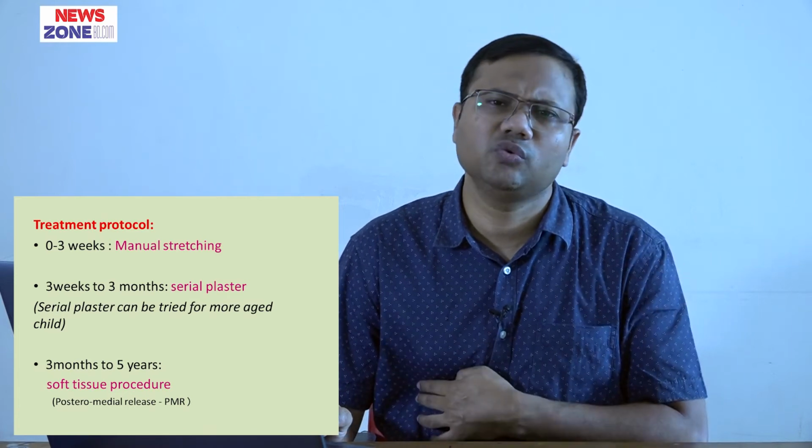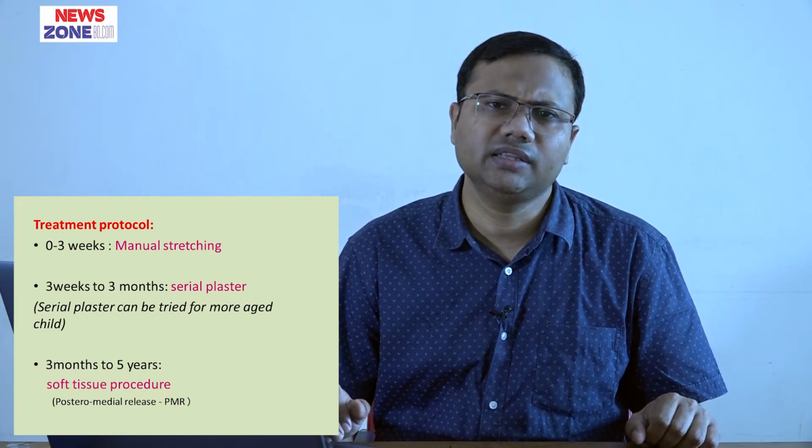For maturation we wait for 3 weeks, and from 3 weeks we can start serial plaster, and with serial plaster we gradually correct the deformity and then we give a brace. There are a lot of methods for serial plaster, that is Kite method, Ponseti method, etc. But for the last decades the Ponseti method is the most popular and successful method